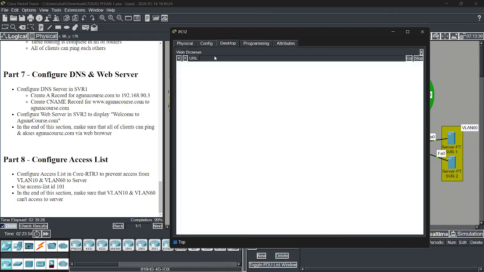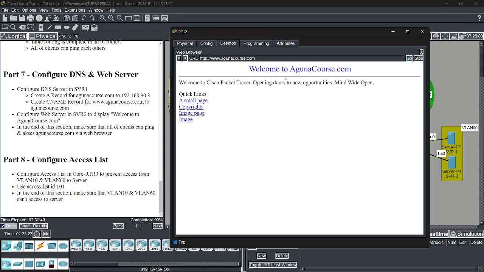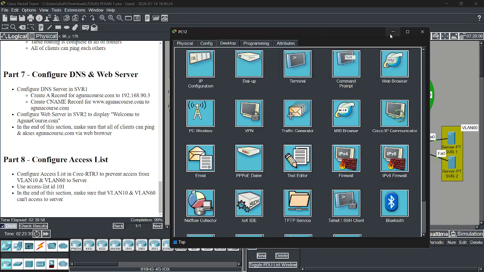Okay, www.agunacourse.com. We see the agunacourse.com. Okay, you can see, it works. Hooray!